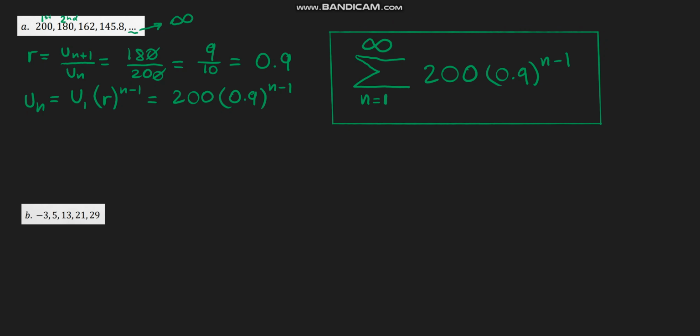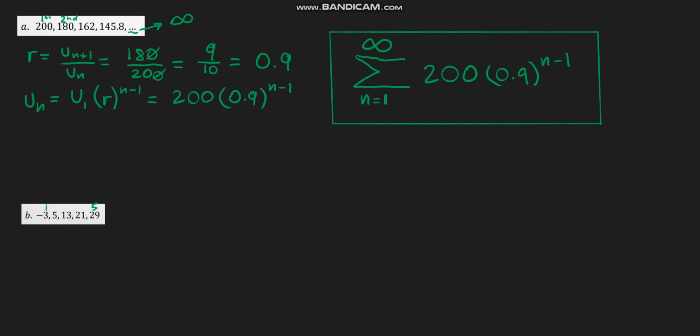Okay. Next we have -3, 5, 13, 21, and 29. So we see there are 5 terms here. So 1 to 5. Okay. And a trend I'm seeing from -3 to 5 is adding 8. So if we add 8 to 5, we get 13, plus 8 is 21. So it's pretty clear that this is an arithmetic sequence, but if you wanted to use the formula to check,